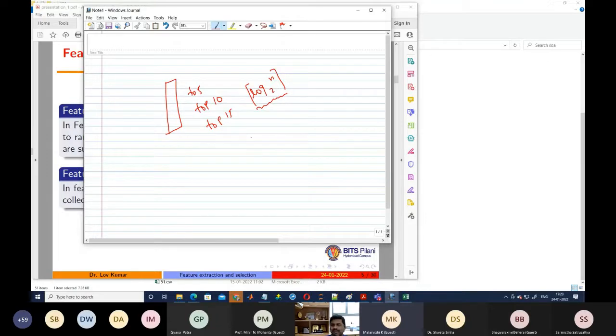For example, in our case we have 20 features. We are going to select log base 2 of n features, which will come to approximately 5 features. So we are not going to use all 20 features. We are going to select the top 5 features by using some performance parameter. We'll see how to rank the features and how to select the top 5 features.